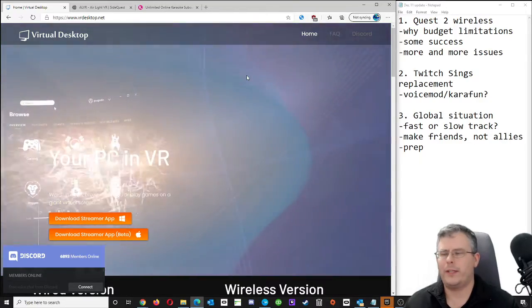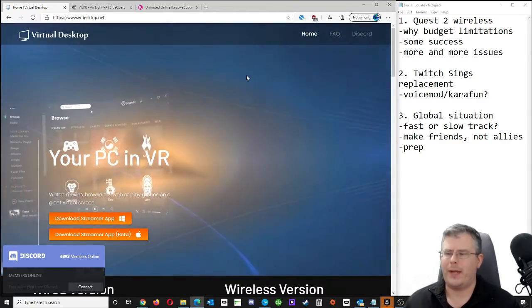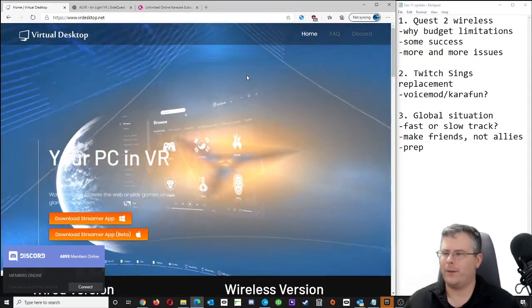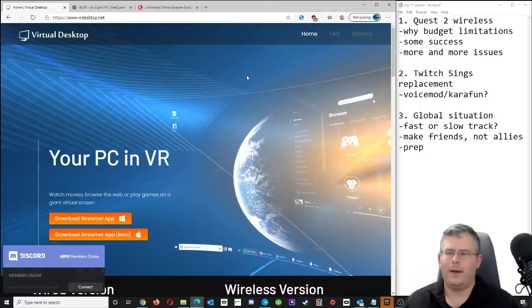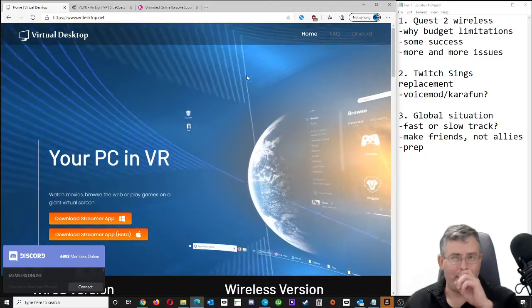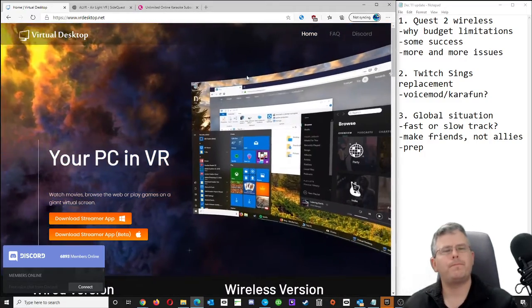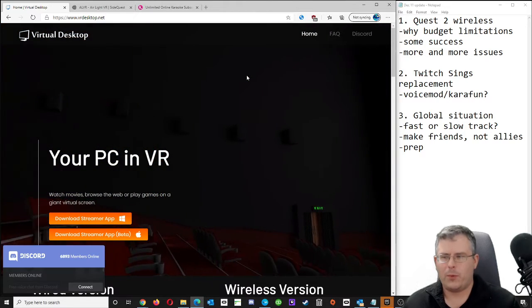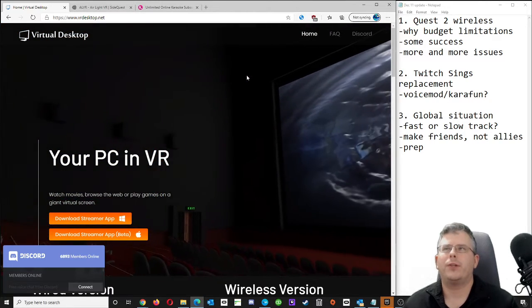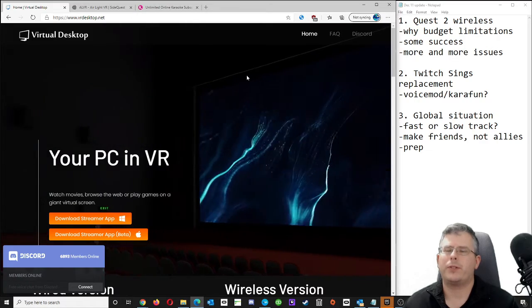So eventually, I would like to do further tests on that and try 11AX and maybe even 6 gigahertz if the headset supports it. I'm not sure if it does. I don't think it does, but that'll have to be down the road at this point. So yeah, Beat Saber worked. I think I tried also Creed,